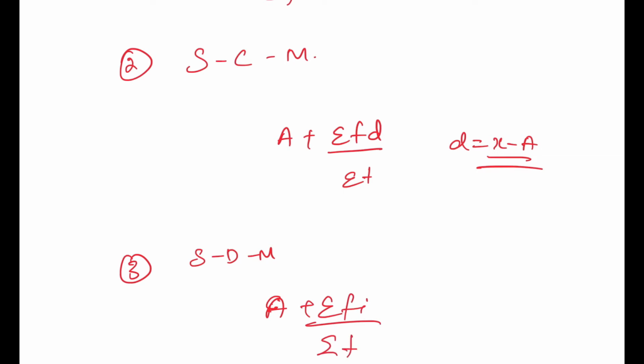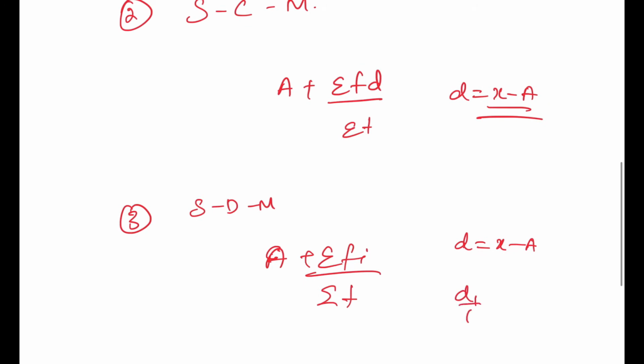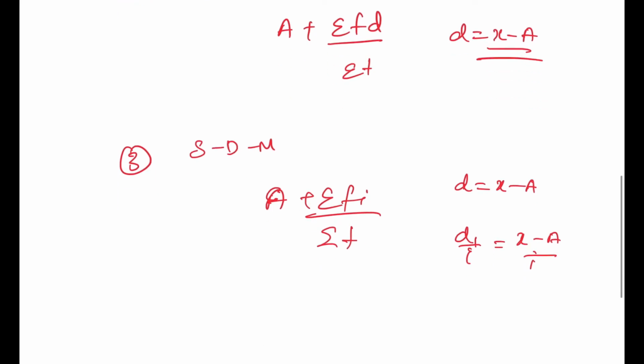So what is i equal to here? I can write d is equal to x minus a, and t, that is d by i, will be equal to x minus a by i. So the formula is sigma ft, where t is equal to d by i. This is how you do it. If I explain it like this, it will not be clear to you. So let me start with the problems. I shall explain these formulas through the problems.